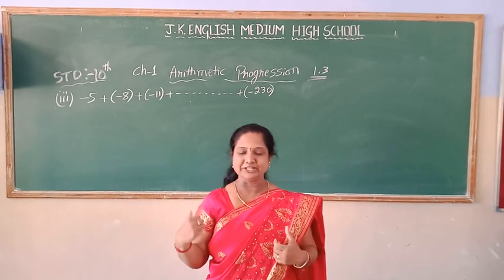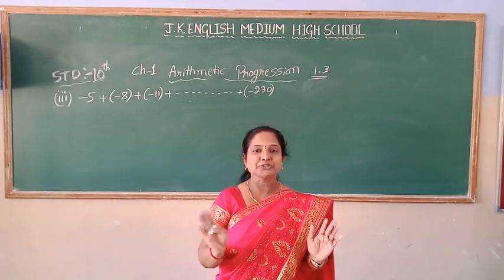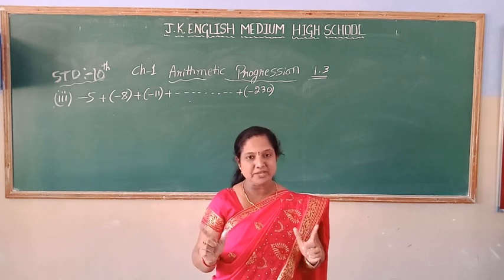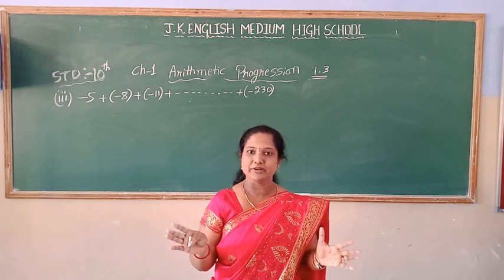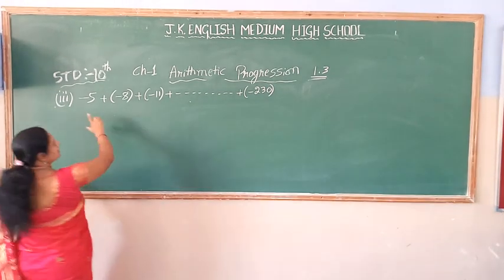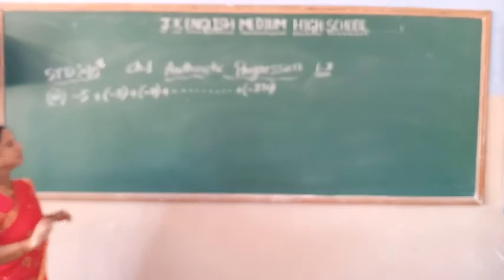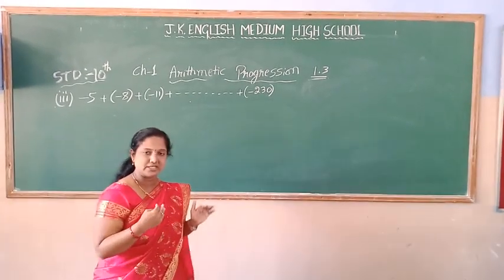Children, we will continue with the third sum in this way. In the second way, third question. The third question is different because all the terms of the AP are negative terms. Be careful when the negative sign comes. When the signs are different, you have to be careful while solving the sum. Now when you observe this question, all are negative terms, but the method is the same. You have to find the sum of this AP only.